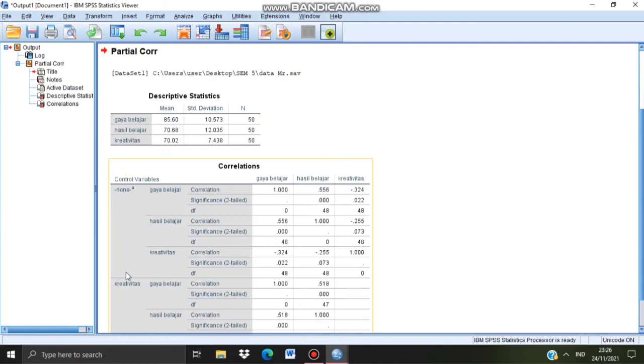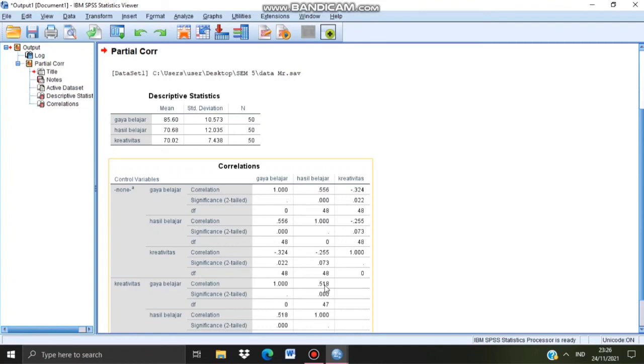Then the output table of kreativitas belajar, so the correlation value gaya belajar and hasil belajar is 0.518, still positive and the category is enough, and the significance value is 0.000, which is less than 0.05, so the null hypothesis is rejected and alternative hypothesis is accepted.